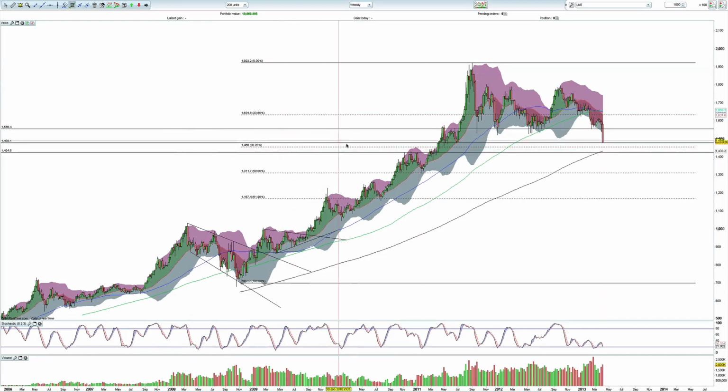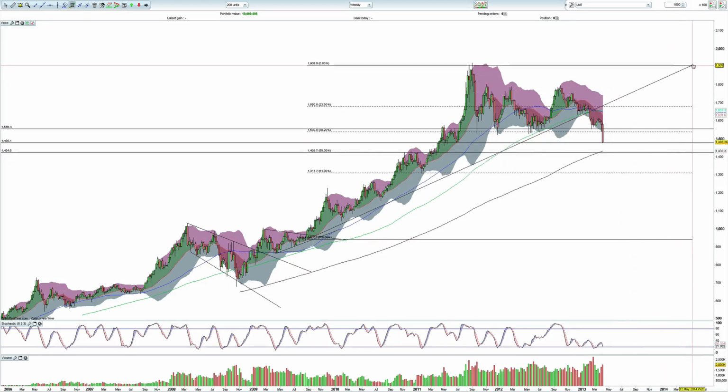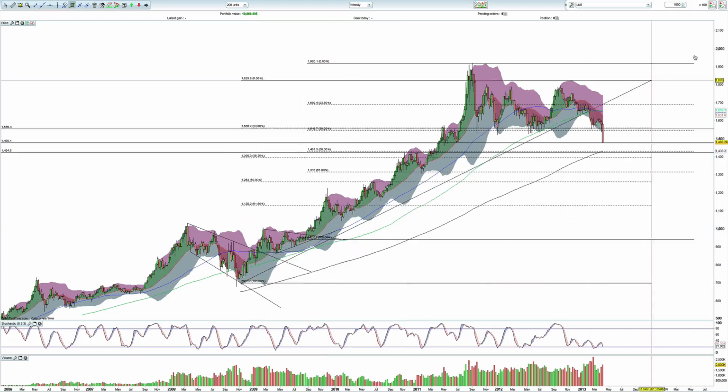So we're running into the 38% Fibonacci retracement for all those trading this Fibonacci retracement, and for all of those trading the other Fibonacci retracement, we're running into the 50% Fibonacci retracement, roughly at around 1435. So again, you have your 38% Fibonacci on that chart. On the other Fibonacci, roughly around 1450. Actually, why don't I just put it up instead of...